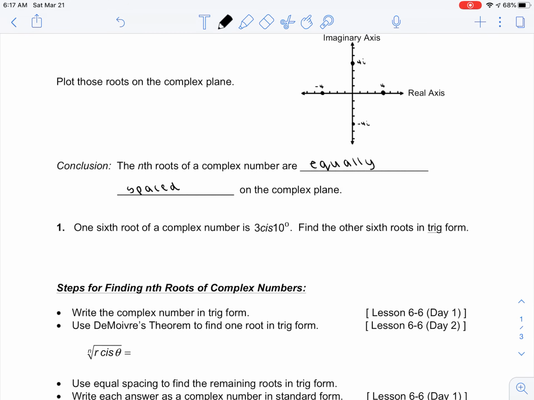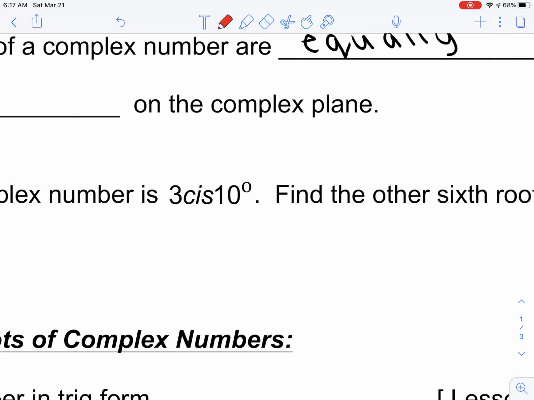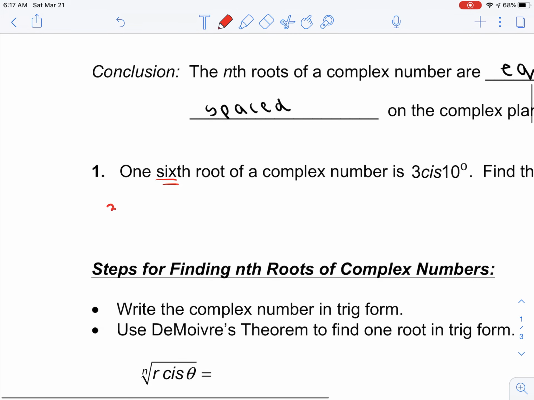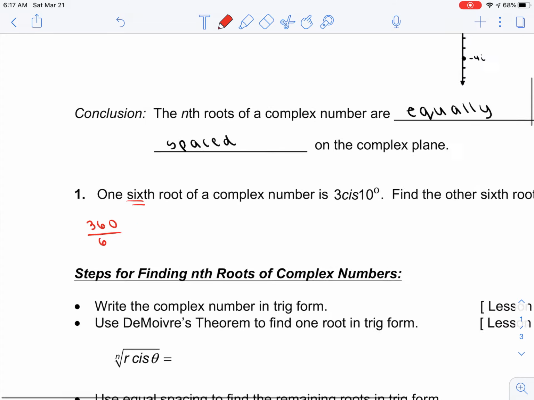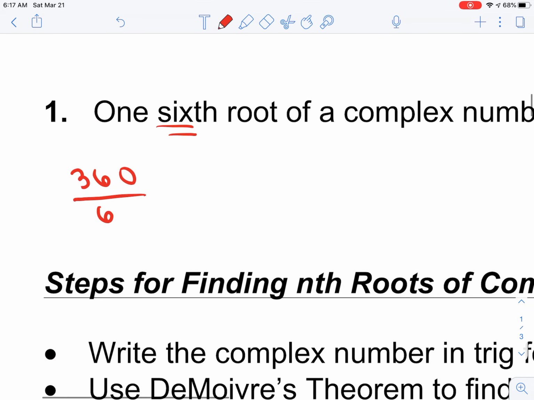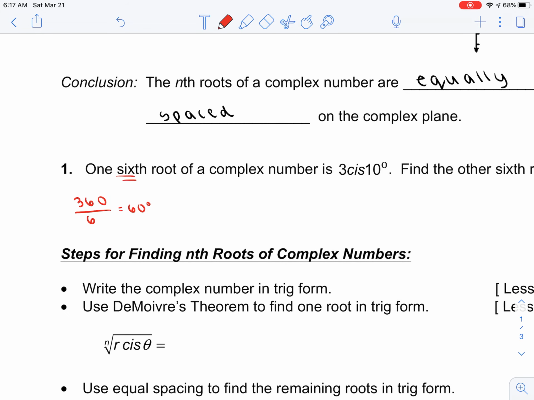So to show you this idea of equal spacing, for this first problem on here, it said 1/6 root, which means 6 total solutions, is 3 cis 10. Find the other 6 roots. Well, to find out how they're equally spaced, we're going to take 360 degrees and divide it by 6. Because there's 6 total solutions, they're going to be equally spaced on the complex plane. So if I take 360 and divide it by 6, I get 60 degrees,